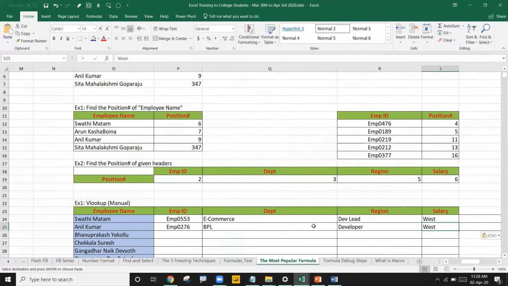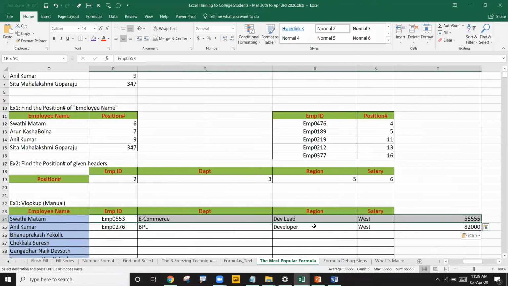In real time, in the master data you may have 100 records, but in your report you may require only 4 columns. And those 4 columns also won't be in the same sequence, they may be here and there, correct? So one column from the first column, another one is the 10th, another one is the 25th, it could be any number, correct? So in this case, copy paste won't work.